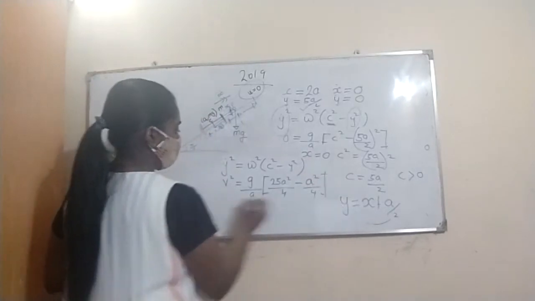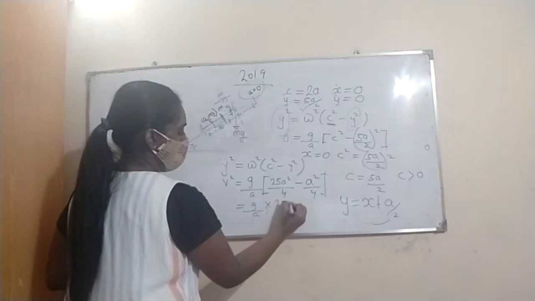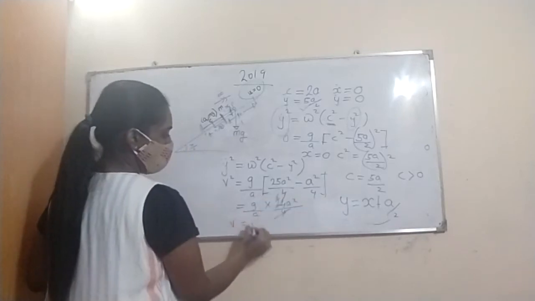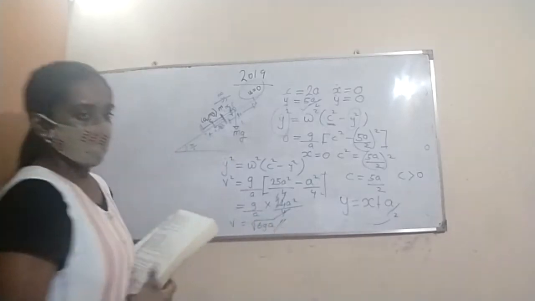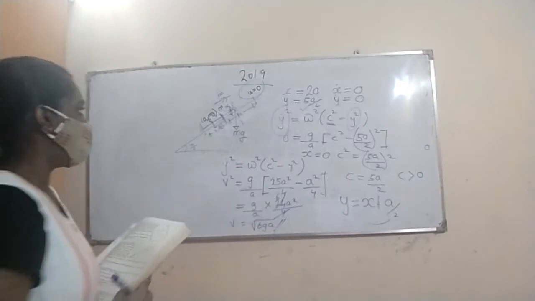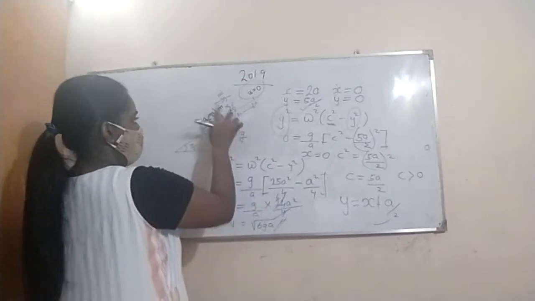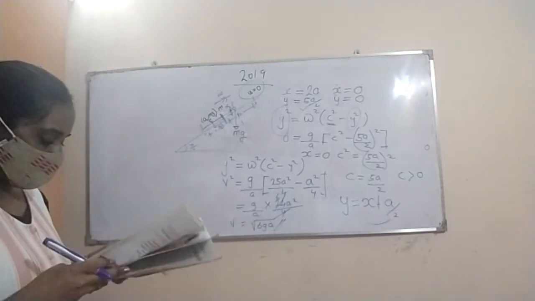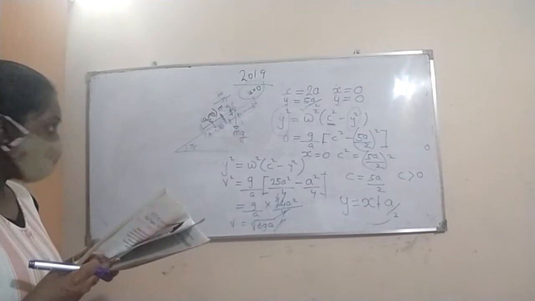Then what you get? g over a into 24a squared divided by 4. So there is 6 here. Therefore, V is equal to the square root of 6ga. That is the velocity of P when it reaches A. So the velocity of P when it reaches A, we found as V equal to the square root of 6ga. Then next part, they are asking, show that the velocity of P when it reaches O